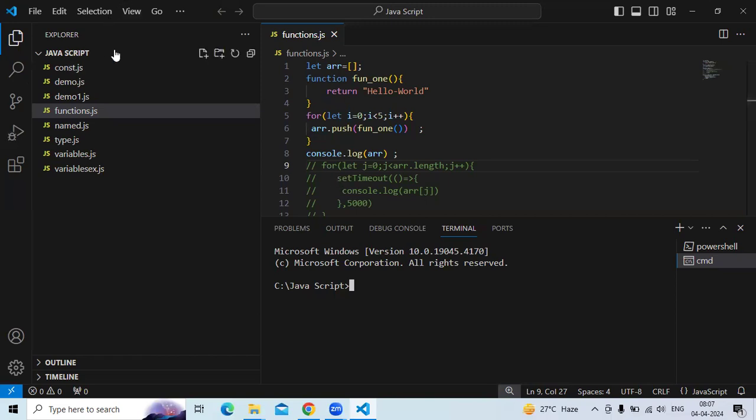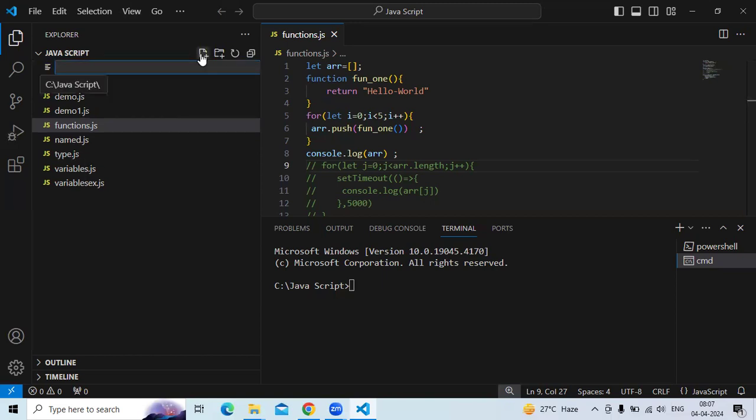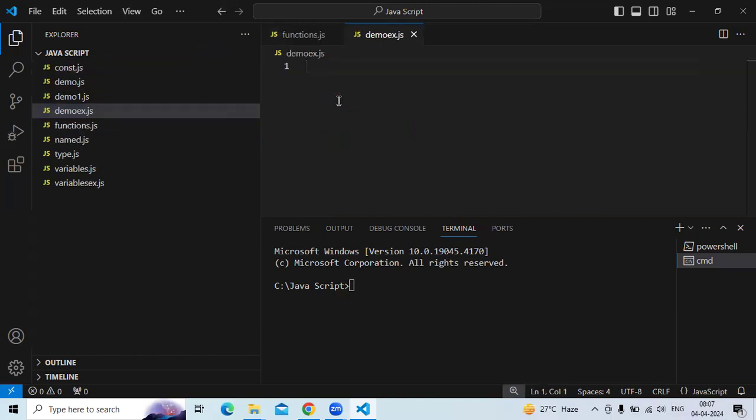So for that, first I am taking one JavaScript file, demo example.js. Let me take a for loop. Here first I am using the var keyword: var i equal to 0, i less than 5, i plus